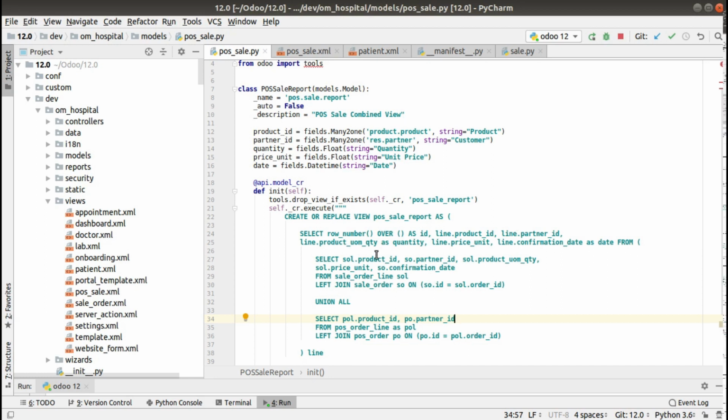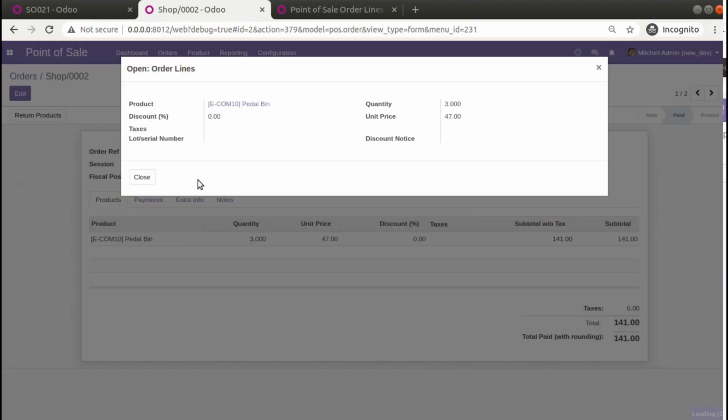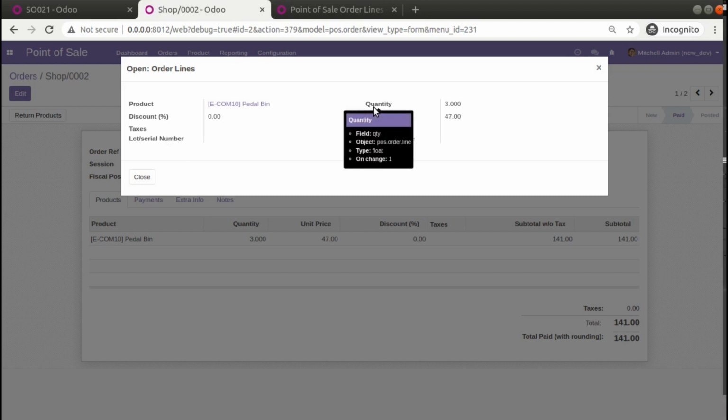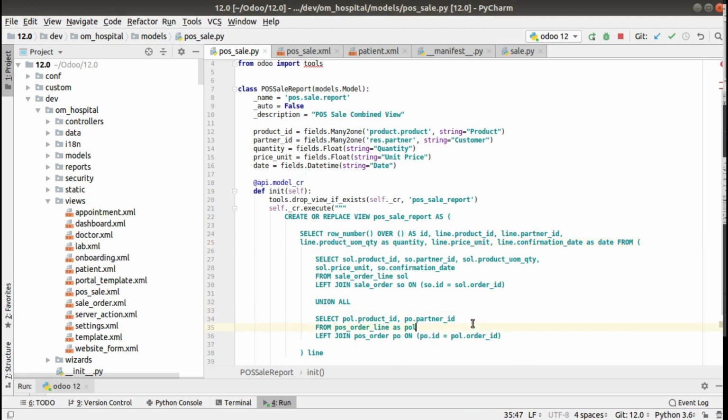Then you need the quantity field. Let's check what the field name of quantity is. Here we have the quantity. If I place the mouse over here, you can see its name is QTY. So I have to fetch POS order line dot quantity.